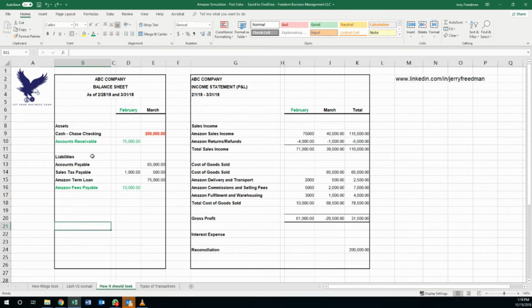What some people do is they would just net this and this together, so your accounts receivable would show a net effect of $65,000, which is not terrible, but again, this is just an accurate depiction of your business. So now imagine looking at financial statements for the entire year. You are truly able to see the activity that occurred over that given period in time. You're able to see how your sales fared in a specific month. You're able to see your various fees, and there are many implications and many benefits to doing it this way. Just taking a look at these accounts here, you can compare things month over month, and you can identify